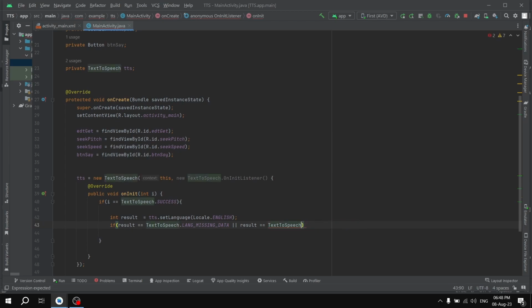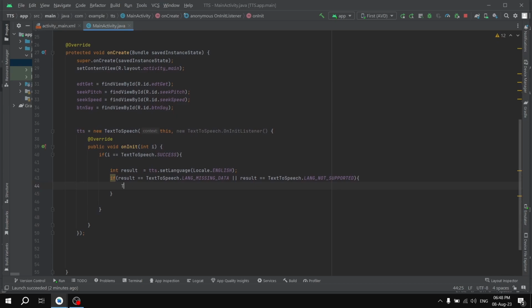It means if the language we chose is not supported, we are going to open up new curly brackets, and here we are going to print a toast message. Toast message, and in here this is going to be context, and then in the text we say "language is not supported". Else if there is no missing data and the language is supported, we are going to enable